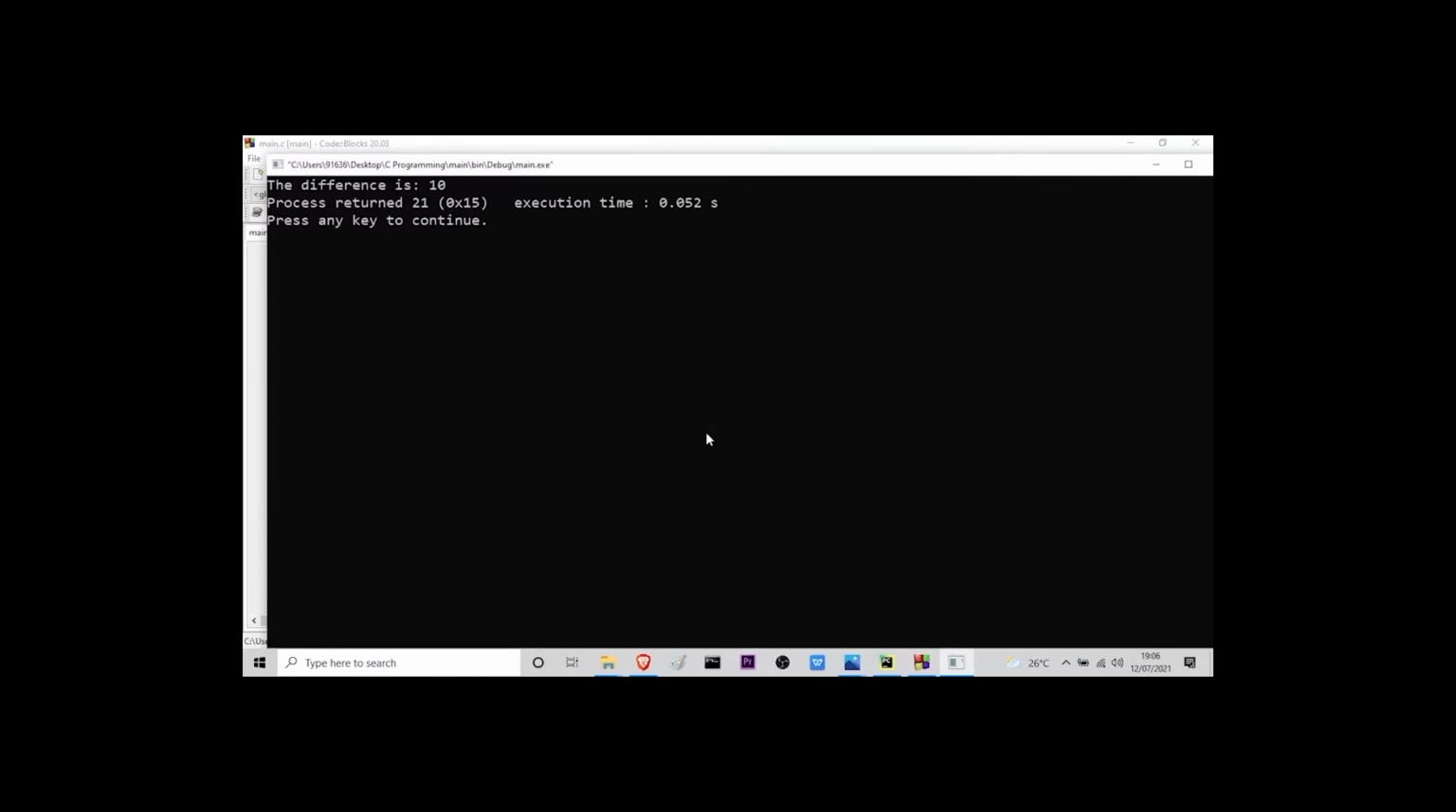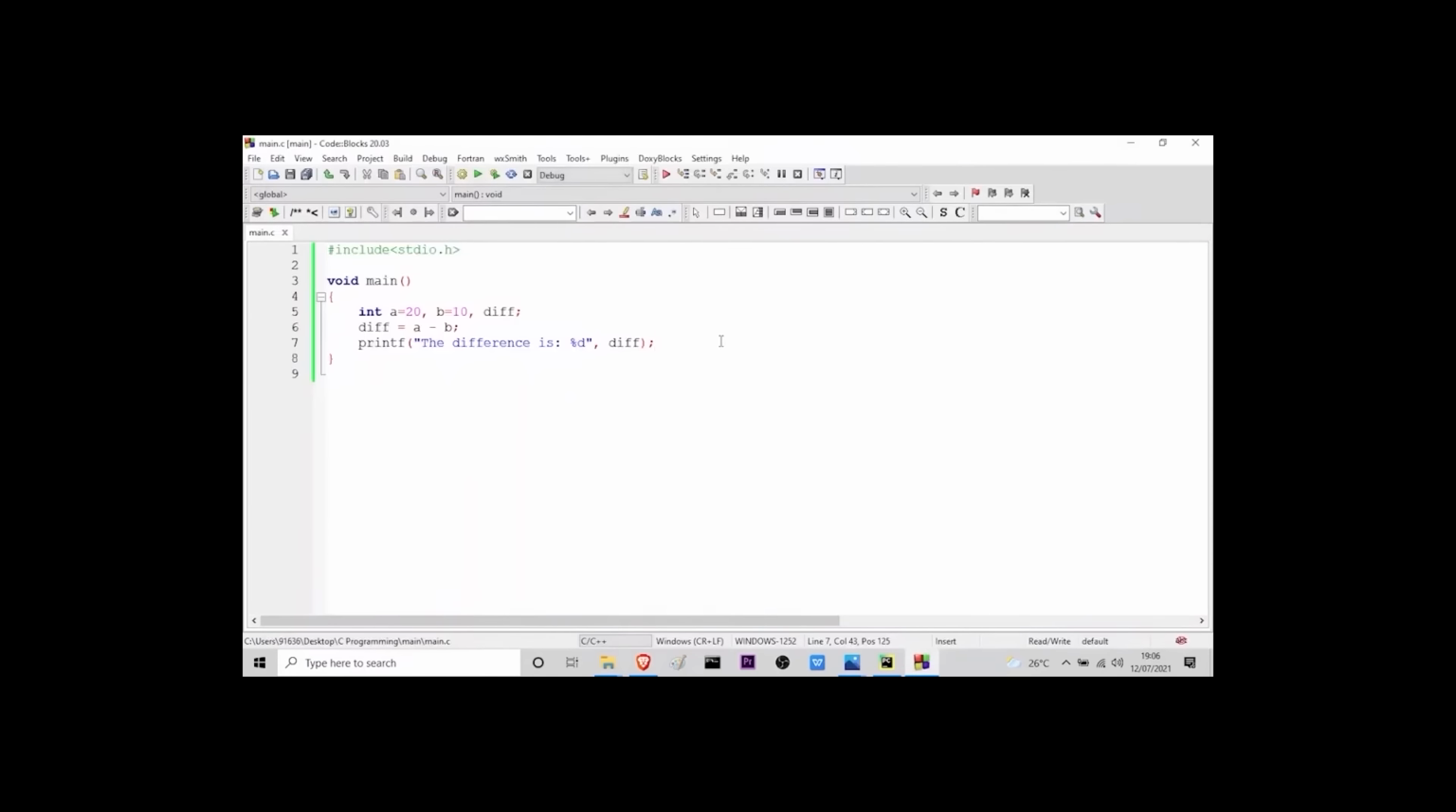and you can see, let me zoom it, the difference is 10. So this is a basic example of unstructured mode of programming. Now let us write the same program using structured mode of programming. So let me delete these lines of code,